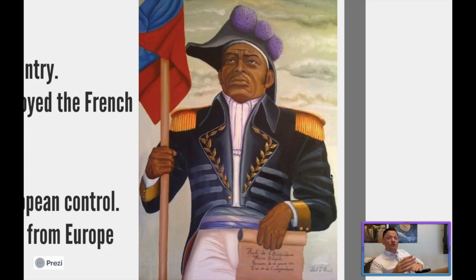Jean-Jacques Dessalines was born a slave himself, but was never set free on his own right or manumitted, right? He lived on one of the most violent slave plantations that existed in Saint-Domingue. He literally witnessed the death of women and children at the hands of white overseers. He himself was tortured on the plantation that he actually worked on. So the thing about it was, Napoleon, you've gone and screwed up, because now this man is in charge and he's mad, right?